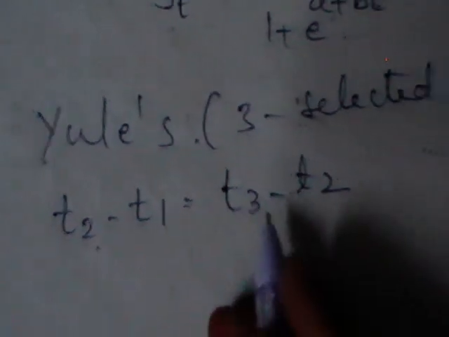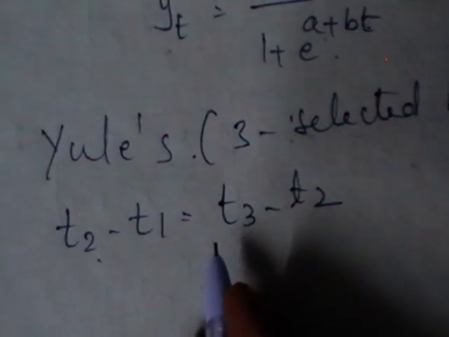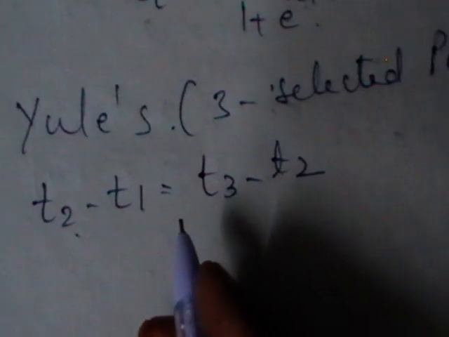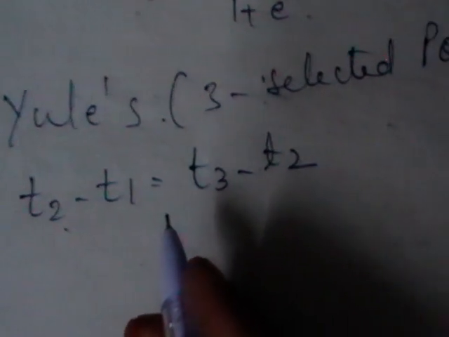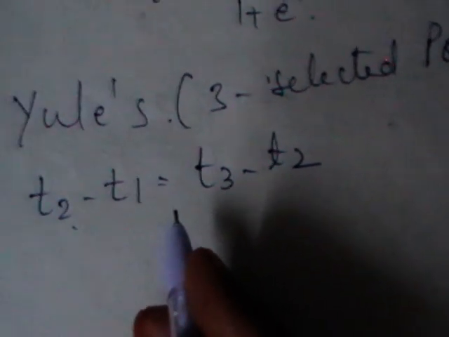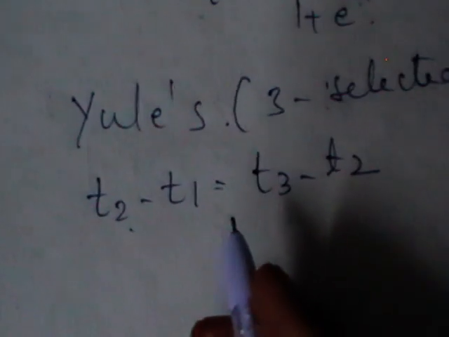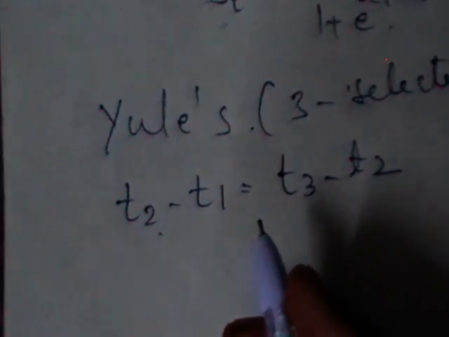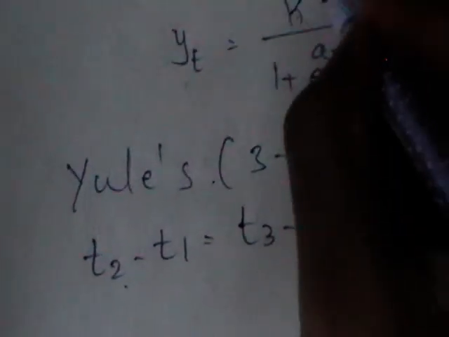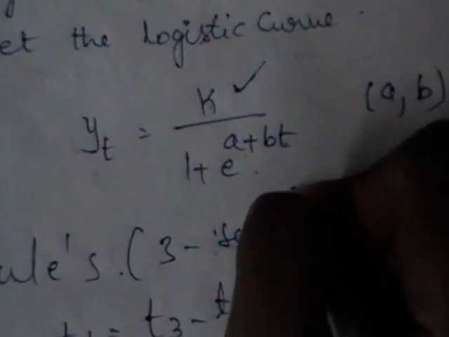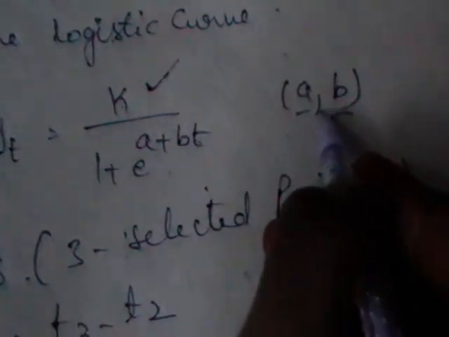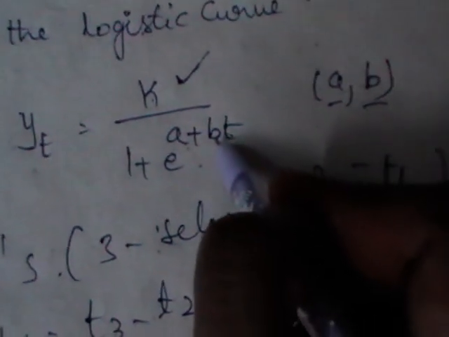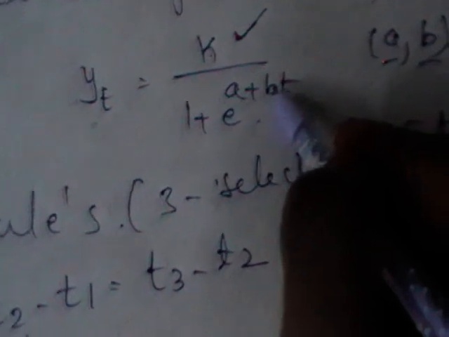So t2 minus t1 is equal to, again you should write y1, y2, y3, and y2 minus y1, y3 minus y2, and we divide to eliminate the constants. We will find out a, b and k respectively. No need to find out a and b here because those two will be eliminated. It is sufficient if you can find out k. Even though a and b are the parameters, we are going to find out k, as these two are being automatically eliminated. Let us see while doing, you will understand.